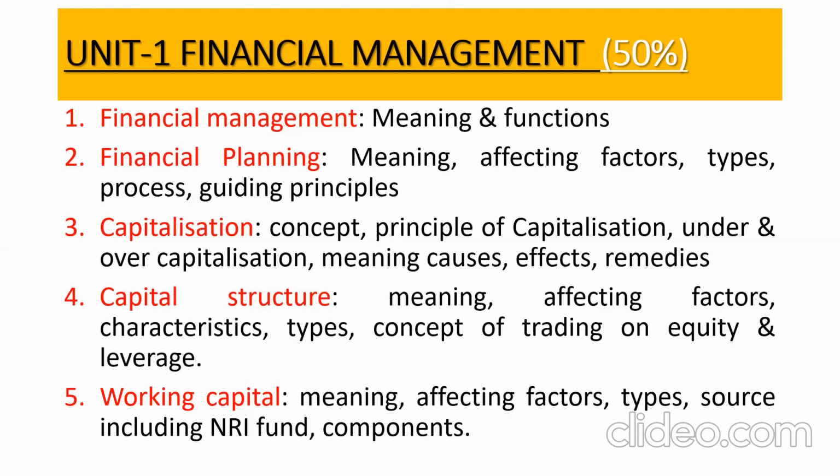The last but not the least chapter in unit 1 is working capital. Again, the accountancy students already know what working capital is, and you have done this topic in your 11th and 12th standard. I hope the answer that comes to your mind is that working capital is the difference between current assets and current liabilities. आप जब current asset और current liability को minus करते थे तो आपको working capital मिलता था. But if I talk in terms of management, working capital is generally considered as the money that is invested